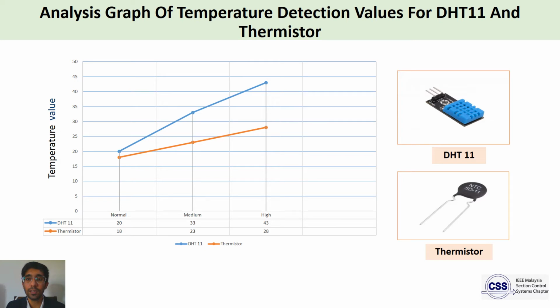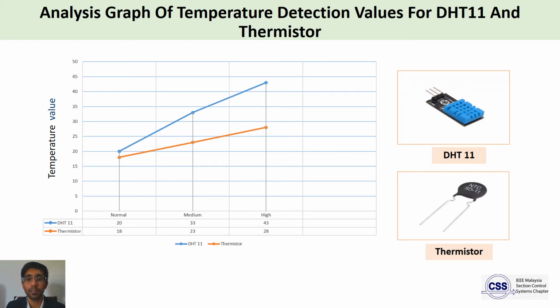The DHT11 sensor module has been calibrated before the test was conducted to make sure that the measured temperature is correct. In detecting the incoming heat, the DHT11 is much more effective compared to the normal thermistor sensor. The sensitivity of the DHT11 really helped the system detect the heat coming from any equipment where the sensor is attached or located.